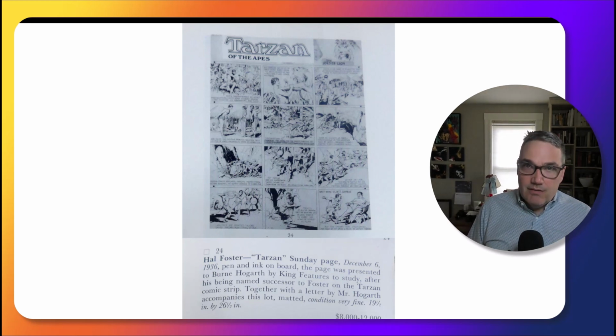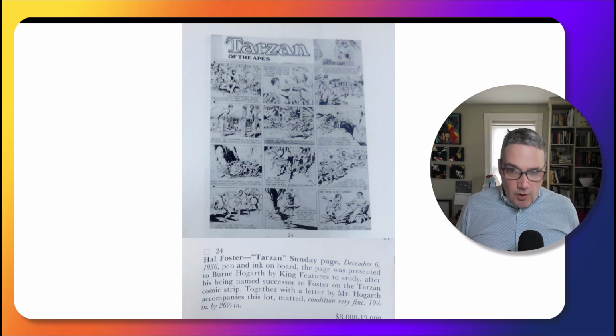Compare that kind of mind share that he has to the early days of the hobby, and it's like night and day. In the 60s, love for Foster was still very strong, and it basically trumped everything. The connection to Hogarth as well is probably lost on a lot of people today, although Burne Hogarth has an